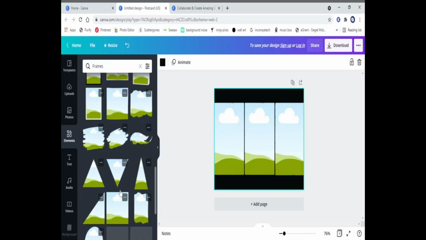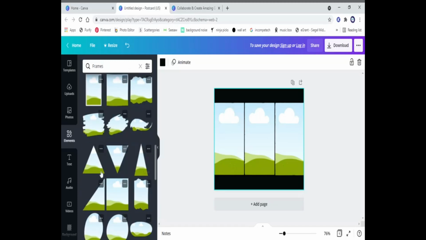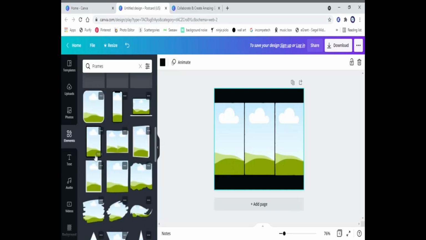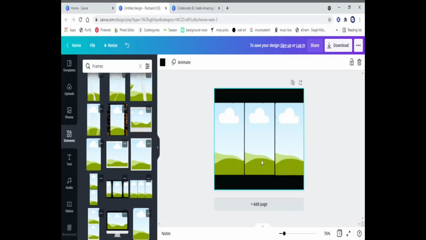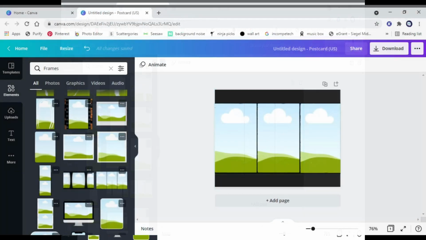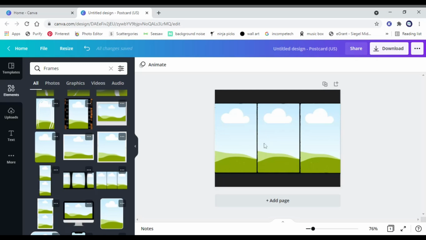You could get more crafty and creative and put frames in that have different shapes and hook those together. That's completely up to you. But if you want something more basic, I'm just going for this basic 3-way frame here. All right, so the next thing we're going to do is upload some pictures to pop into